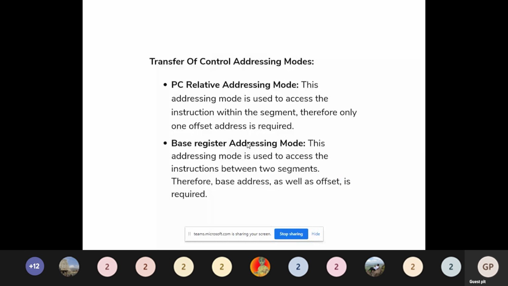That means that interrupt cannot be masked; we cannot disable non-maskable interrupts. It occurs to signal attention for non-recoverable hardware errors. So this is maskable. Non-maskable means we cannot stop it. It occurs, and it cannot be disabled.